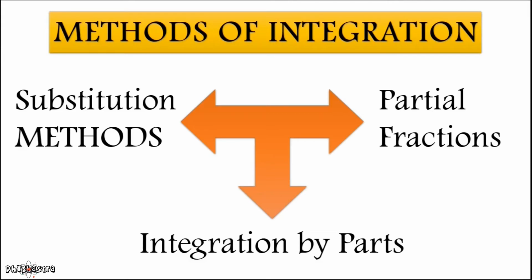In the substitution method, we substitute one variable in place of a complex looking one, then find its derivative and do the integration. I will soon tell you. Integration by parts is like the product rule in derivatives, such that when the two functions are in product form, you can use this method. Partial fraction is a long topic and requires an extra lecture to understand, and for basic physics it is not that used, but in advanced work it is. However, if you want, please ask me in the comment section, then I will make a separate lecture on it. So let's move on to the substitution method.